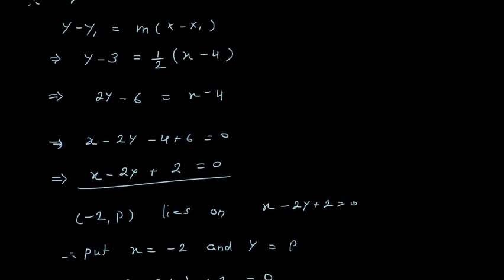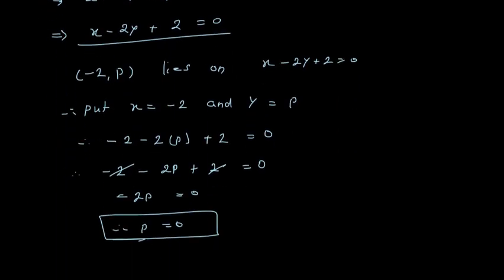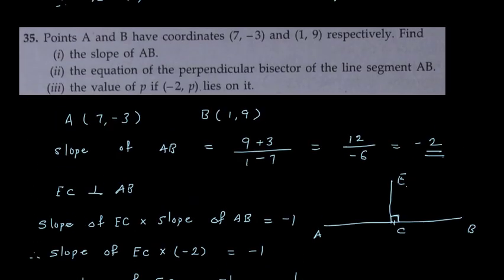So I got the value of P and I got the equation of the perpendicular bisector of segment AB. So 3 questions are there and at different places we have the solutions. So you can finally write the solutions once again. You can write the slope of AB, the equation of the perpendicular bisector of segment AB and the value of P. So like this you put your solution at one place, which will be easy for a teacher to understand what answers you have got, right?